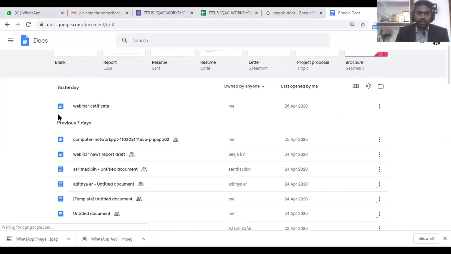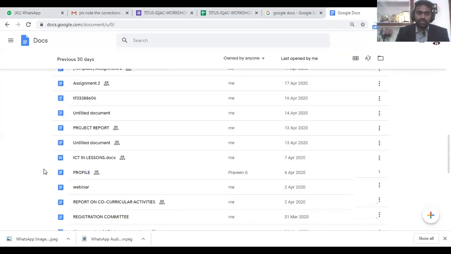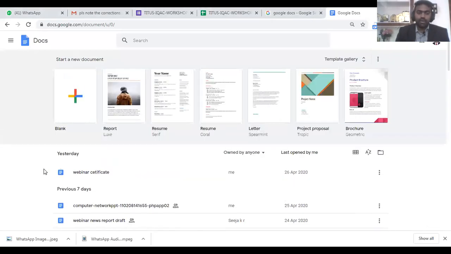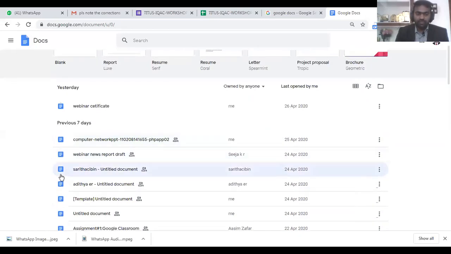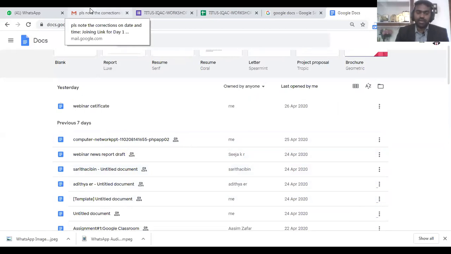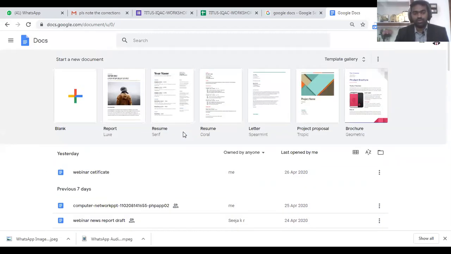And here you can see some documents which you might have created, or which might have been shared with you by someone else. So either knowingly or unknowingly, you will have at least some files here. If you had never used this application, even if you see some files here with some names, you understand that they have reached here through your Gmail. When somebody sends you a document through Google Docs, it will come to your Google Docs. So those documents also will be there.